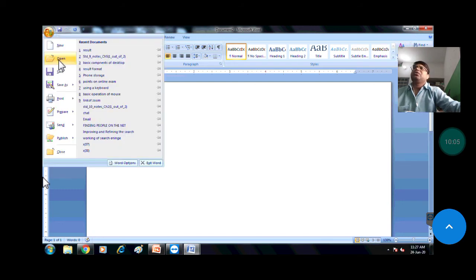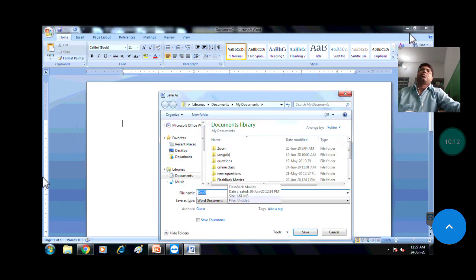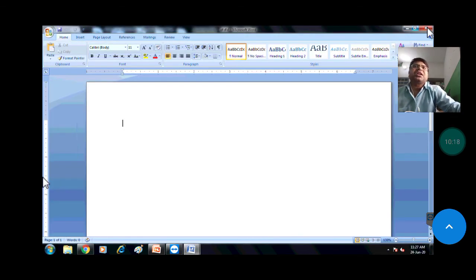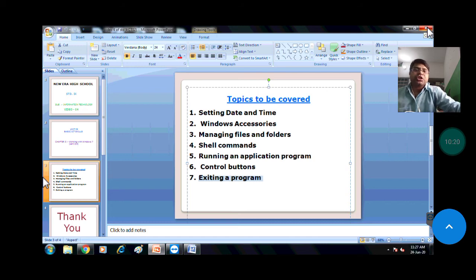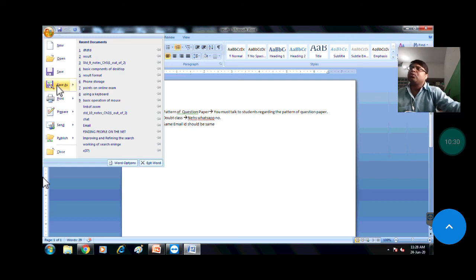Wait, let me first save this file with any name. Now you see this one. This cross button is used for closing your application as well as the file. Just now my application has been closed. But you see, my dear, two things you must know.